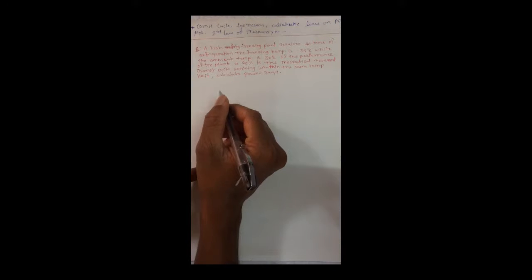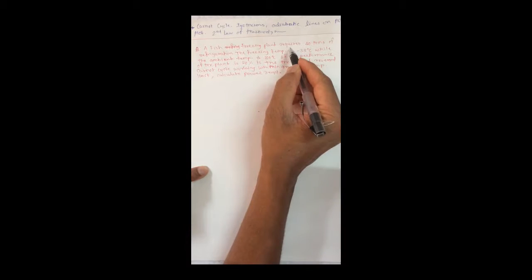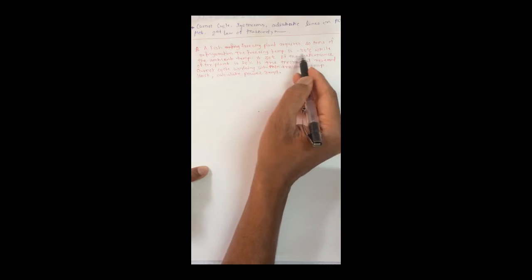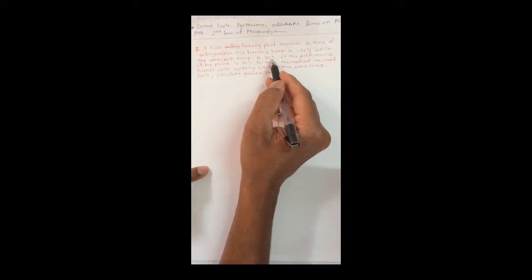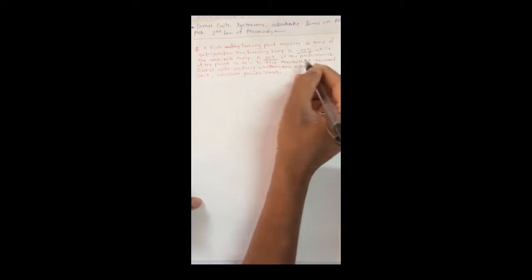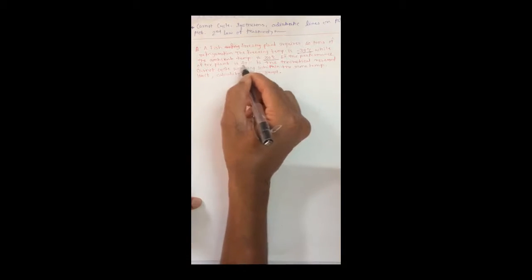Okay, so first of all, we see the question. The question is: a fish freezing plant requires 40 tons of refrigeration. The freezing temperature is minus 35 degrees centigrade, while the ambient temperature is 30 degrees centigrade. If the performance of the plant is 20%,